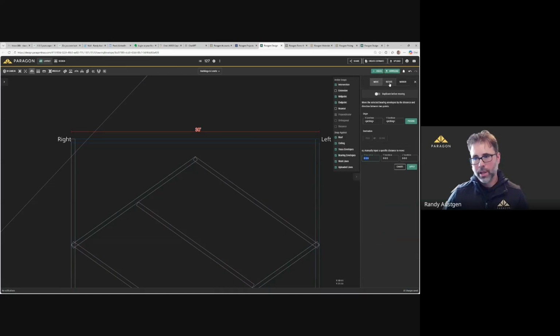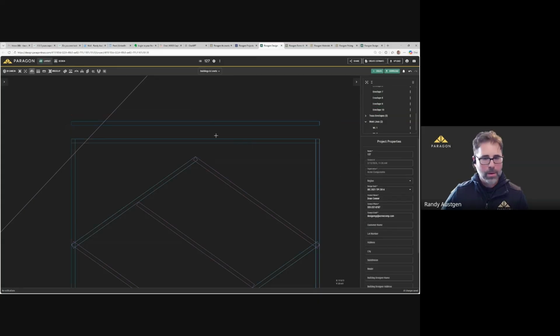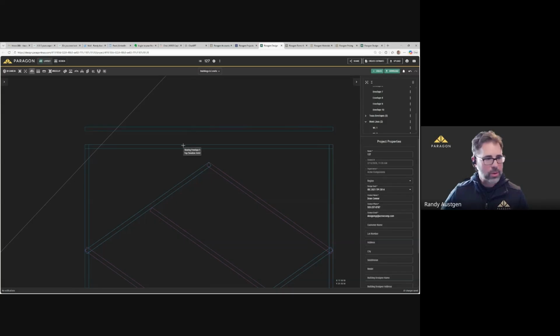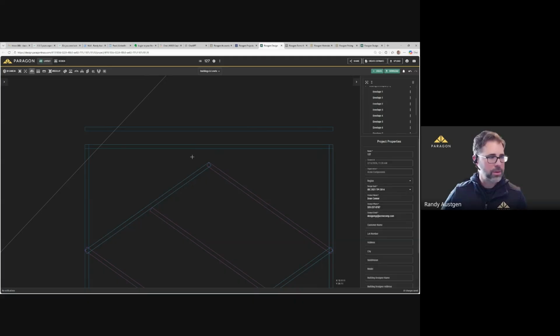We can duplicate that, and again, this time I'm going to move that up 2 feet, and I could even have some fun here and move that up even a foot in the Z axis, if you will. I've never tried that one before, so I'm curious. Yeah, it changed that elevation to 9, so that's cool. So that was a way to move an existing wall. The first time I moved it up the 2 feet. The second time I actually duplicated it and moved it up.